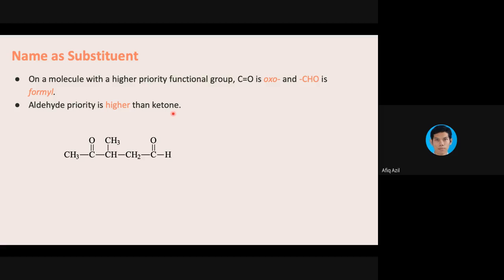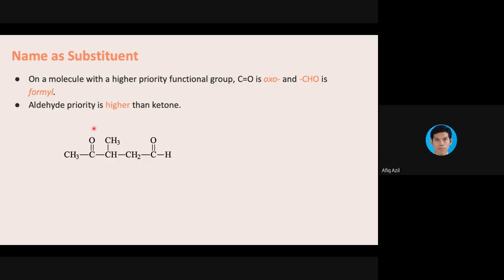So for example, we have this structure. First we count the number of carbons: 1, 2, 3, 4, 5. So there are 5 carbons, and the root name will be pentane, the longest chain of 5 carbons. And then we check how many C double bond O groups it has. So 1 and 2. This one is an aldehyde because it is C double bond OH, while this one is